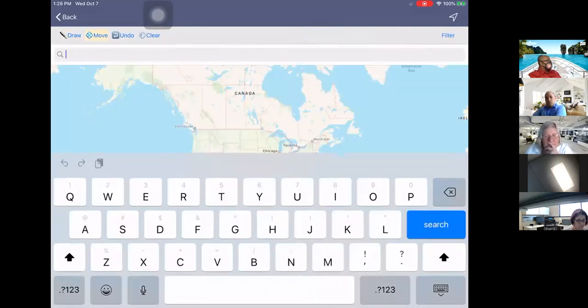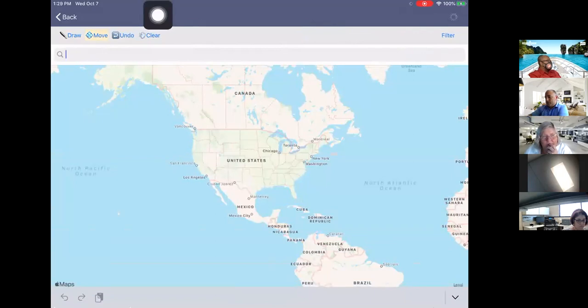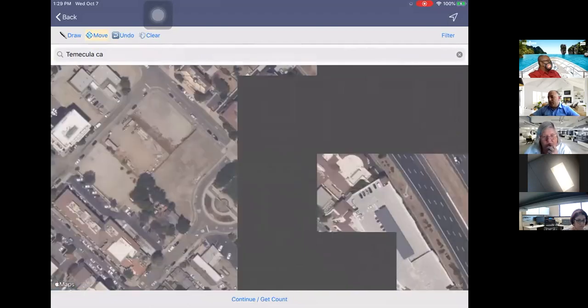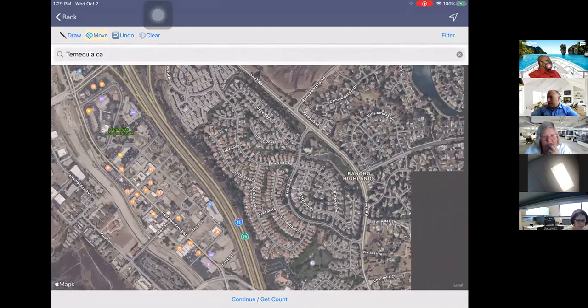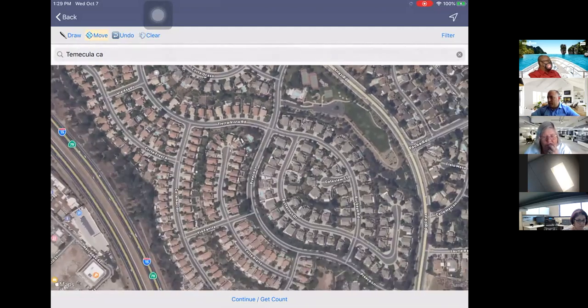you can plug in either where you're at. We can pinpoint where we're at by just clicking the upper arrow up there, but I think I have my GPS turned off right now, so I can plug in an address and just put Temecula. Okay, and it'll pinpoint in. I can zoom in, zoom out, and let's say that I just want to walk this one block. Then all I got to do is draw it. From on draw,